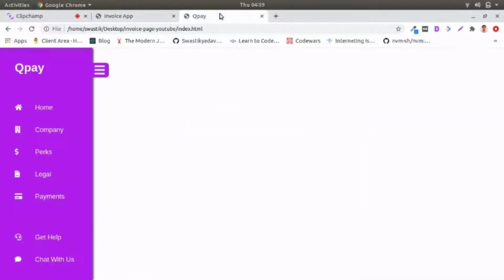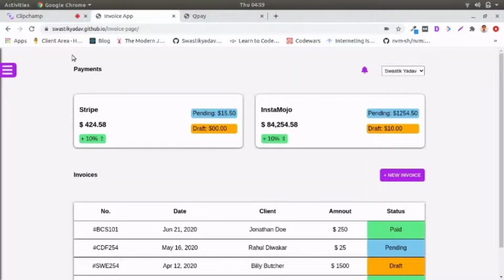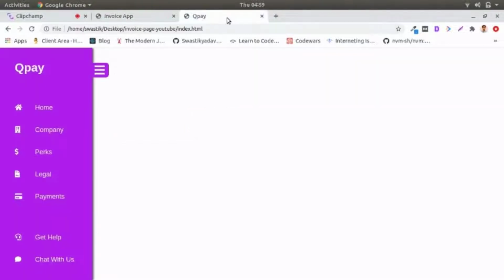So the very first thing I want to do is add a wrapper to the page. A wrapper provides consistent padding and margin on both sides of the entire page so that everything starts from the same point and ends at the same line. So basically it's aligned. So let's do that.